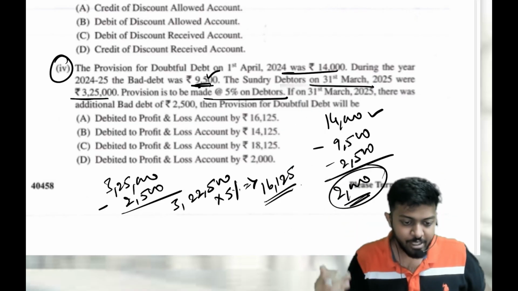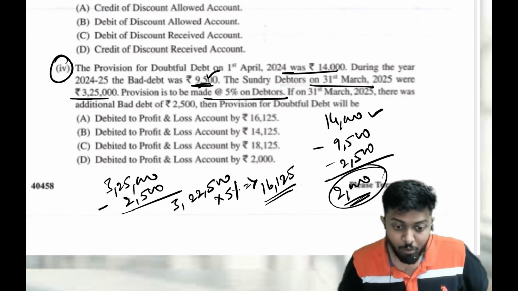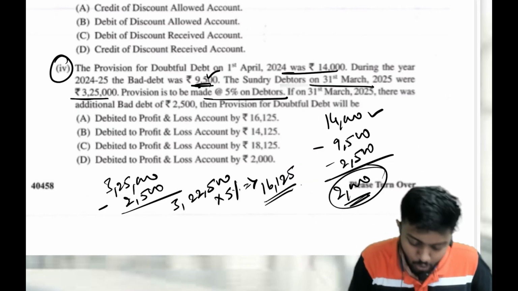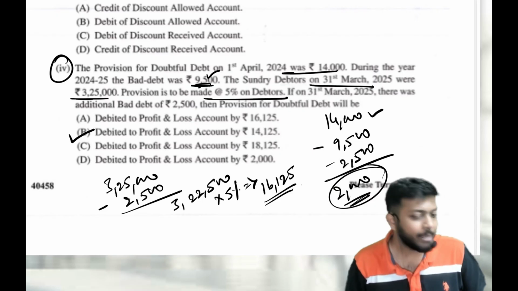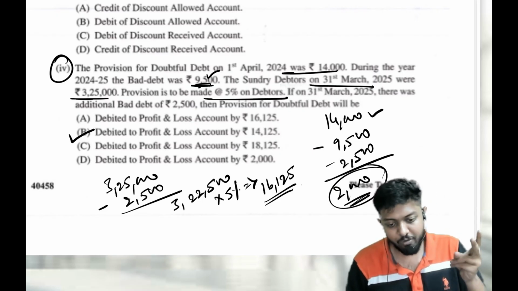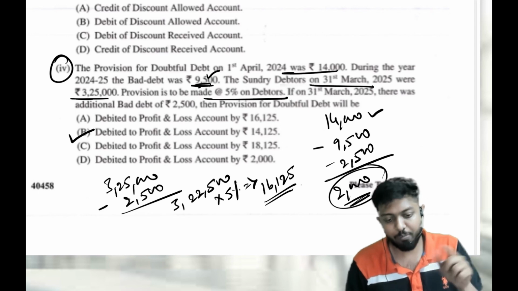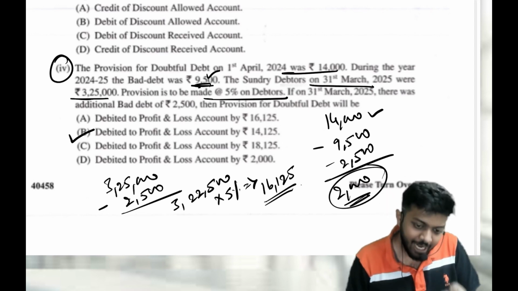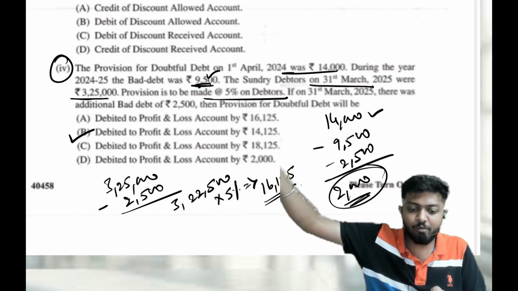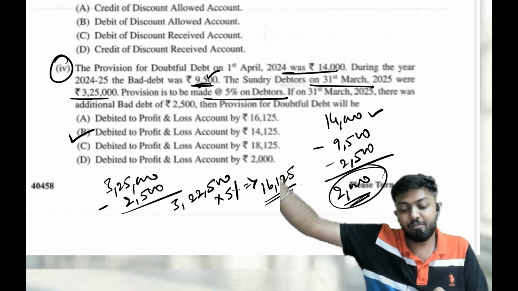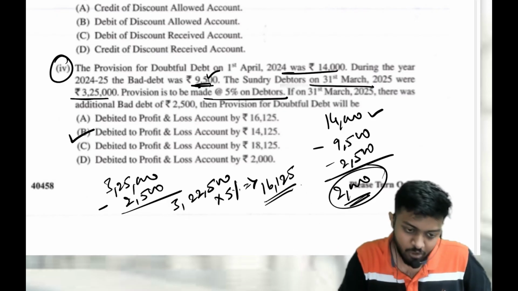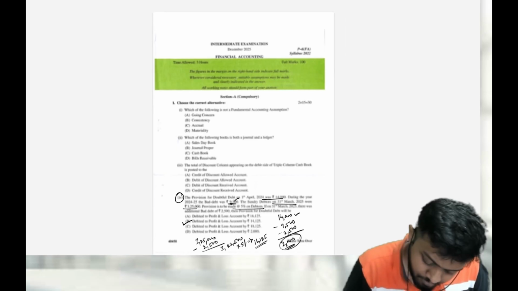To increase the provision, P&L account should be debited by how much? From 2,000 to 16,125, I have to travel 14,125. So debited to P&L, the answer should be B. Clear? All of you understood? Opening provision, bad debts effect has gone to provision, so provision decreases. From that provision, I have to take it to the provision amount that I have to maintain. If you have to increase the provision, P&L to provision account. If you have to decrease the provision, provision account debit to P&L. This we have discussed, correct? Yes. Next.